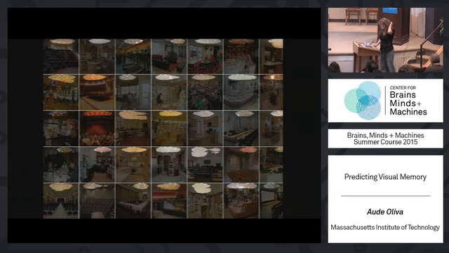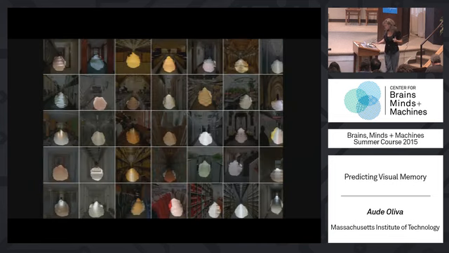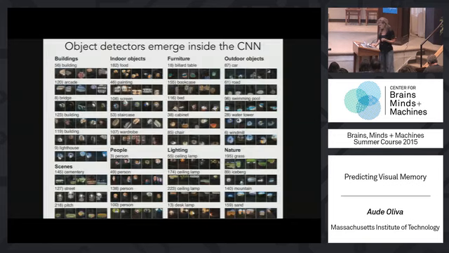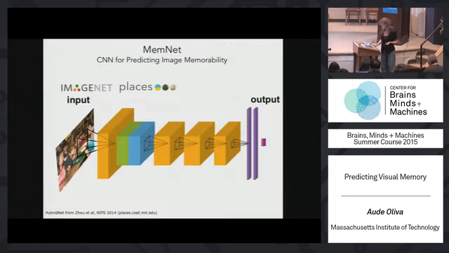And also units that are more specific to space and useful for navigation, for instance. We have many of those. So in that case, just the fact that there is lamps up, or perspective. So we have a unit like this specific to this. So it's not only object as physical object. There's also a collection of units that are related to spatial layout and geometry that are also discriminant for environment. And many, many others that are showing up. So those object detectors naturally emerge inside this kind of network trained for scene understanding.